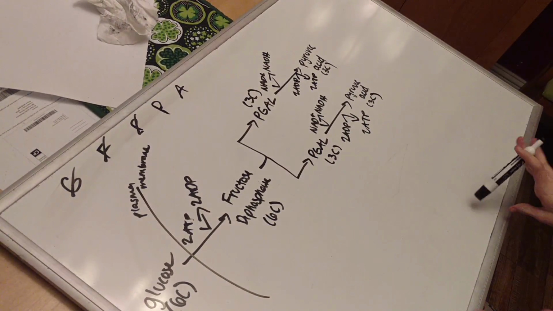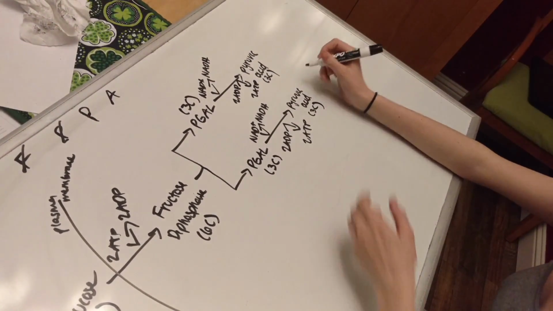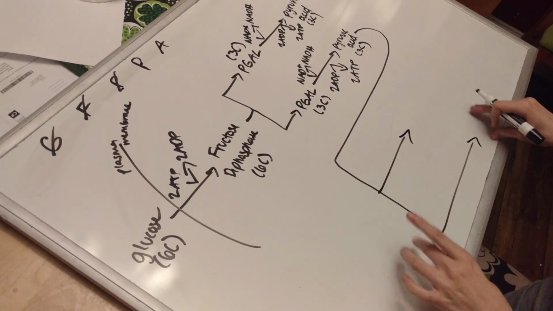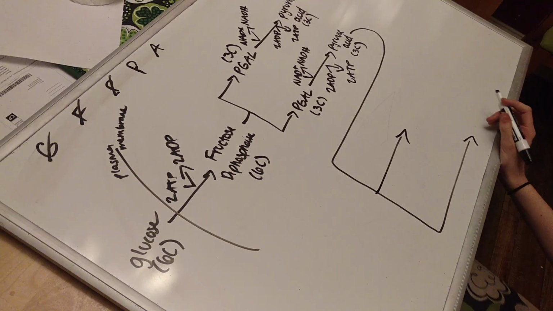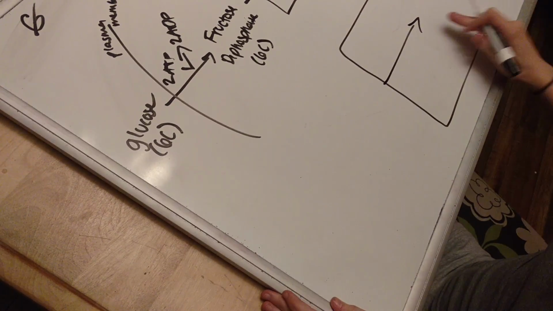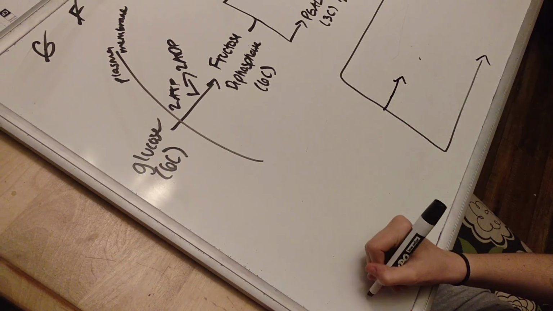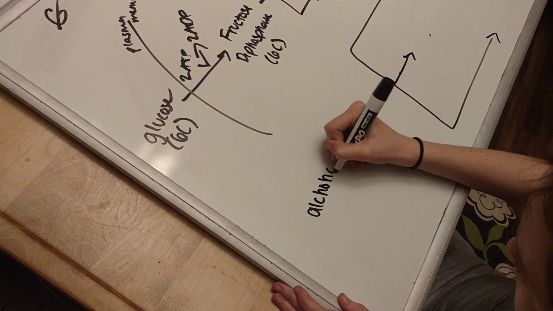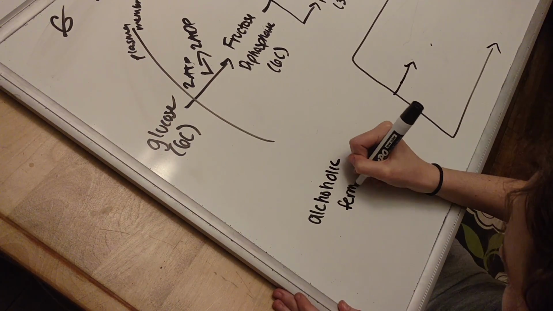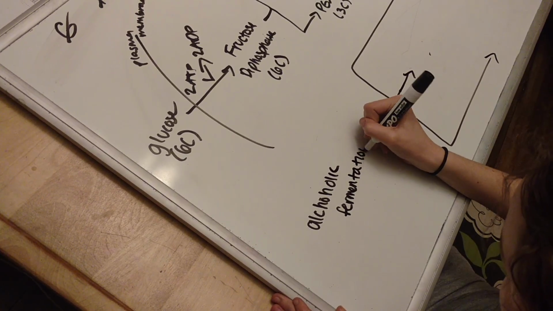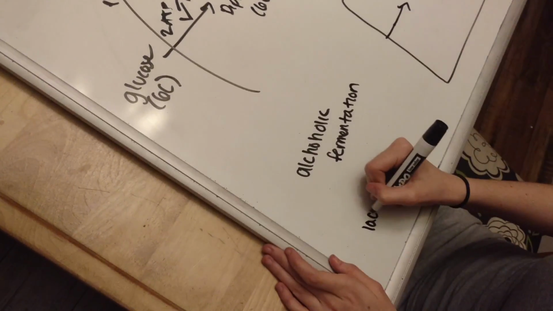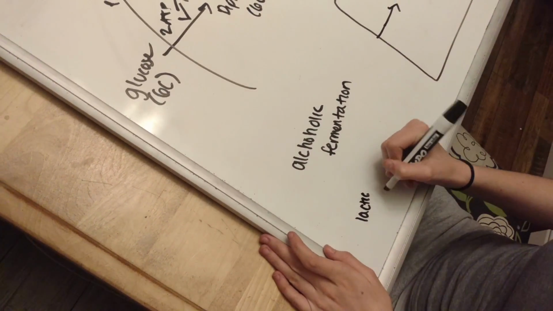And this is where it starts to get kind of funky, because normally I would show it like this, but since it's a whiteboard, I'm just going to kind of go like this. All right. There's 2 types of fermentation. It's either one or the other, it's not both, but I have to memorize them both, so I have them both on one drawing. One is called alcoholic fermentation, and the other one is lactic acid